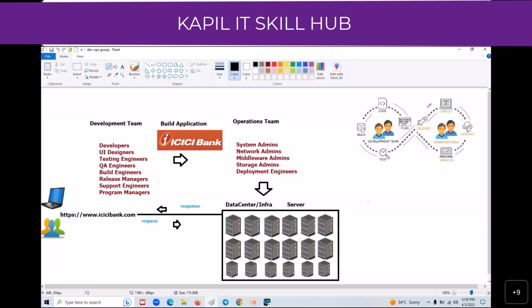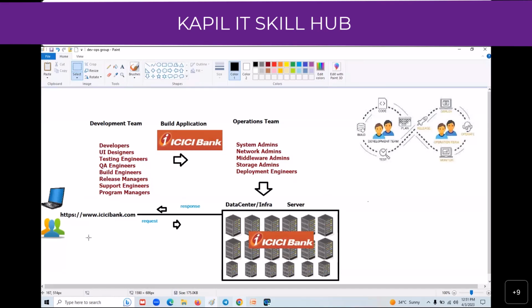So once the application has been deployed here, this application has been deployed over here. When the end users from their laptop hit this URL, it gets connected to this server, and inside this server the application is installed and configured, and it processes the user request and sends the response back to the end users.